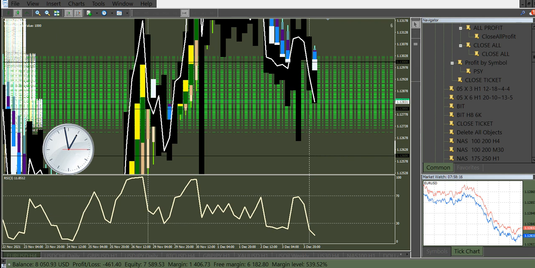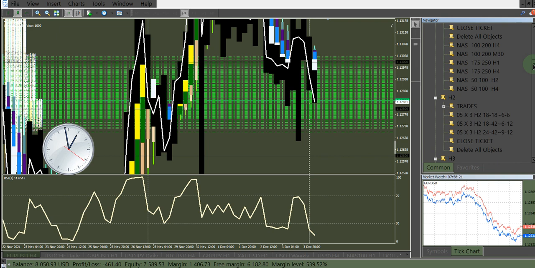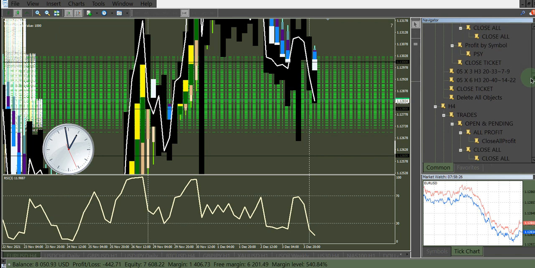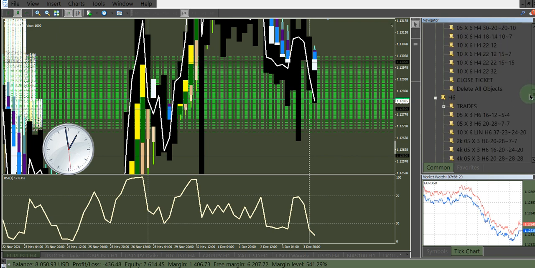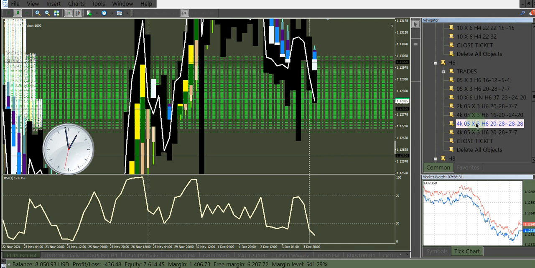I redid the Bitcoin. I made a 6K Bitcoin drop for 8 hours. For current volatility rates right now, the way the market's acting up, it's pretty crazy. Here's 6 hours, 4K. So this is approximately $28 to make $28 here. It's just the 3 tickets. 4K on each drop there lasts for 6 hours. I mean, this is set it, forget it trading. And buying at the market on top of it, so at the top of the hour, if we are down, and I don't think we've got enough.